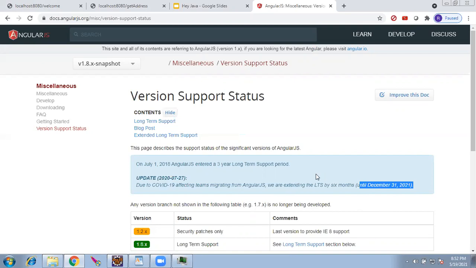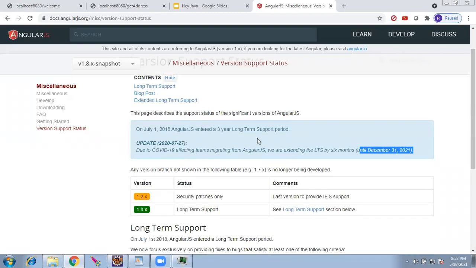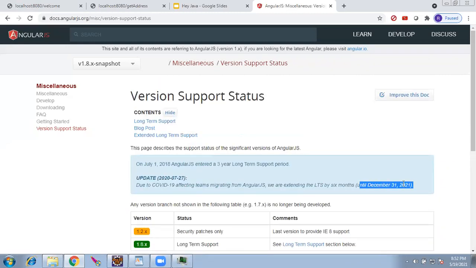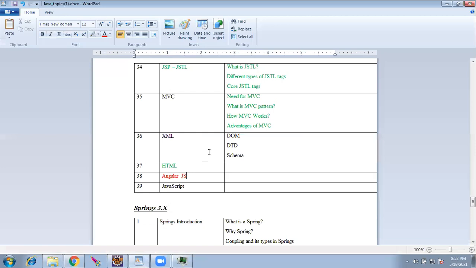That too, there is nothing new to learn in it. It will be just a maintenance project. So when you go to such a project, you can get KT from it. But learning AngularJS as in a training, I would not recommend, because it is going out by December 31, 2021, another 6 months. JavaScript I started, and I can give some hands-on in it.